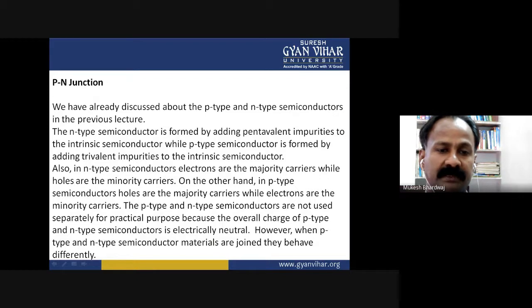The p-type and n-type semiconductors are not used separately for practical purposes because the overall charge of p-type and n-type semiconductor is electrically neutral. However, when the p-type and n-type semiconductor materials are joined, they behave differently. So now,